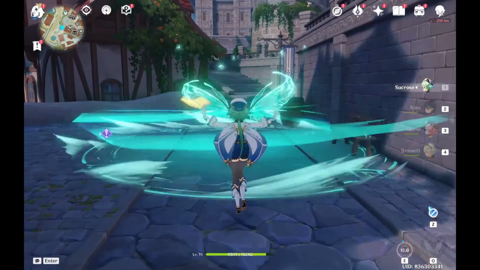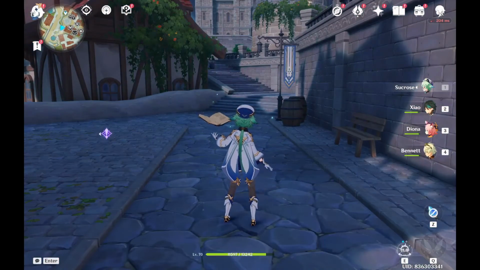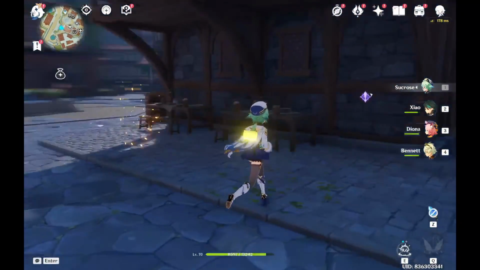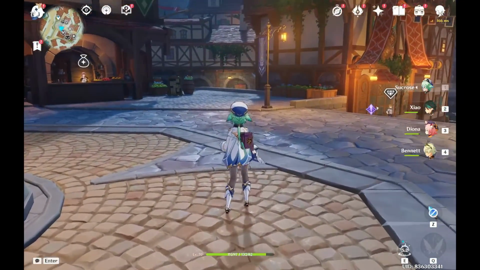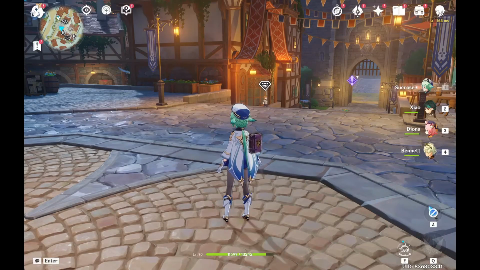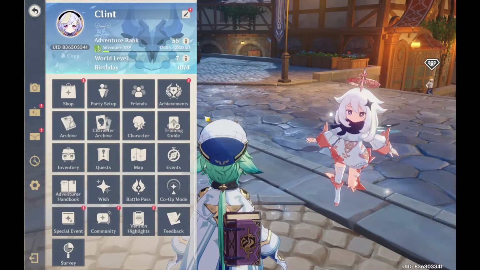In this video, I'm going to show you how to add friends in Genshin Impact. To do so, you first need to open your Genshin Impact via the Epic Games launcher, and once you're in game, all you need to do is press Escape first, which will bring up your game menu, and then click